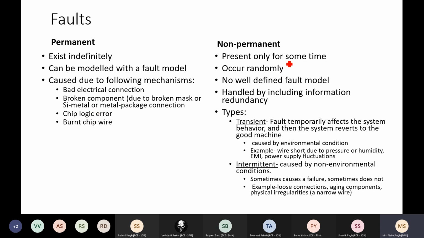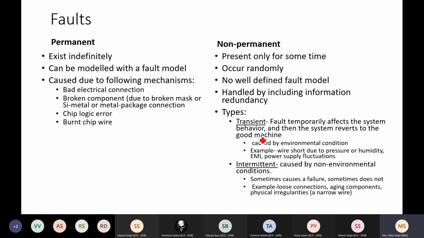Non-permanent fault means they are present for some time and may occur randomly. These may be due to environmental factors or non-environmental factors. Environmental factors means the temperature of your IC increased, and because of that some connection started working incorrectly, but that is temporary. As soon as the temperature falls down, the connection may work properly. So in the non-permanent type, again we have transient and intermittent. Transient means it works sometimes and sometimes not, for